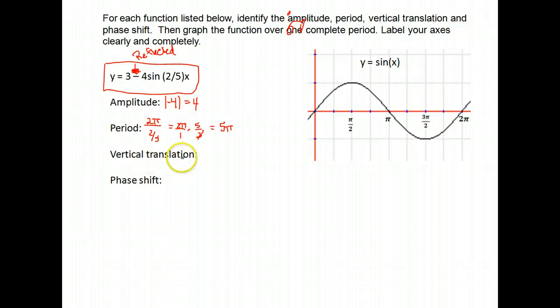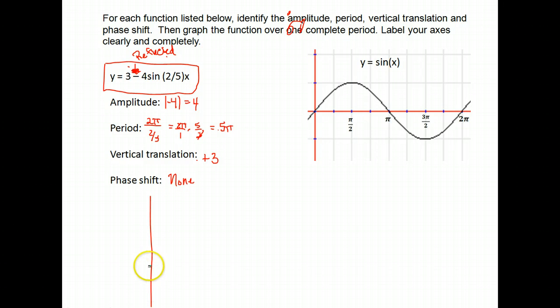Okay, vertical translation. So anything added or subtracted? Yep, I have a positive 3 here. So I'm going to be moved up 3. And phase shift, again, nothing was added or subtracted from the x, so there's no phase shift here. We have all of our info. It's reflected. The amplitude is 4, the period is 5 pi, and it's a vertical translation of 3. So let's